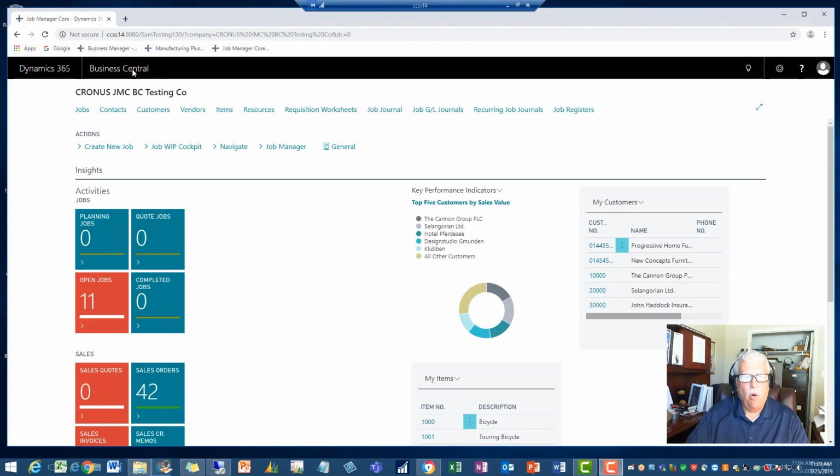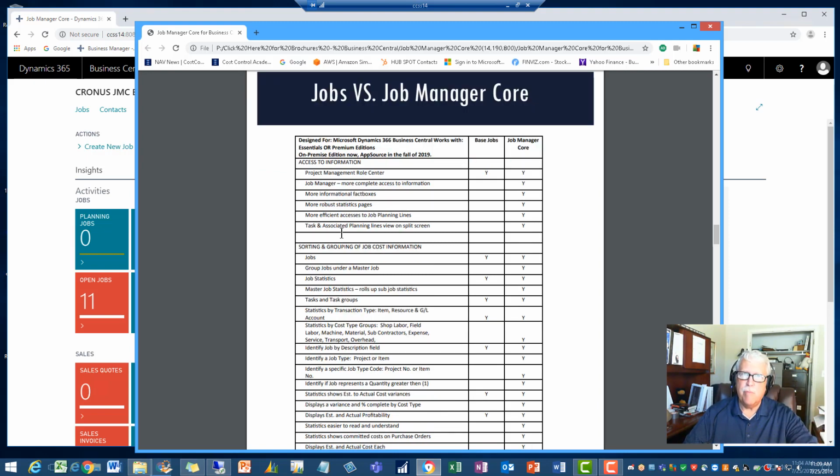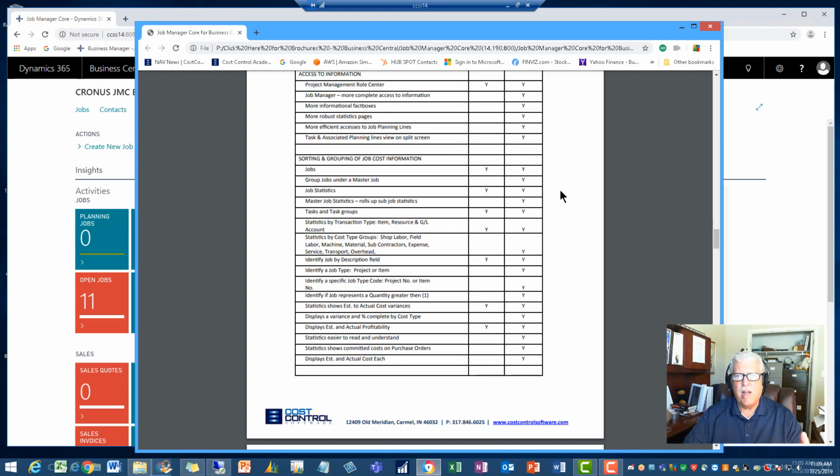Now, since everyone's first question is what's the difference between the out-of-the-box jobs and your product, let me start right there. I'm going to open up a comparison chart. Everybody seems to want a comparison chart to say, well, jobs versus Job Manager Core. What's in this core product? Well, I've typed this up specifically for those of you interested in this product, which lays out the base jobs versus Job Manager Core so that you can see, and I'll just